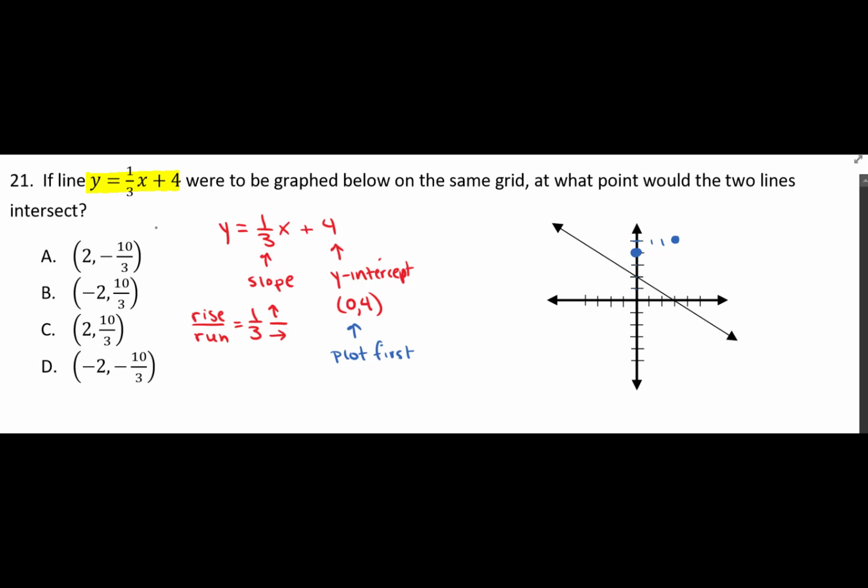And then we could also define the slope as -1 over -3 because this would still give us a positive slope. So if we define it as -1 over -3, then the rise would be down and the run would be left. So from the point where the graph crosses the y-axis, we can count 1 down and then 1, 2, 3 to the left. So then the graph of the line of the equation y is equal to 1/3 x plus 4 would look